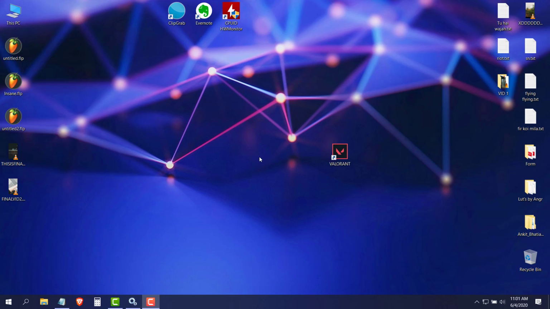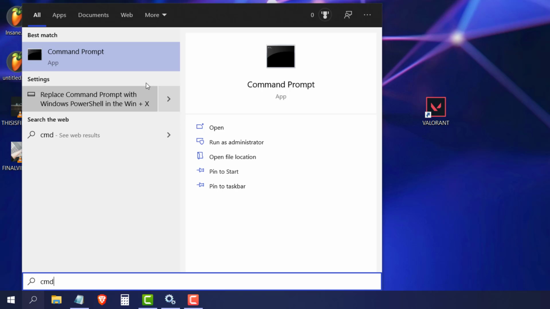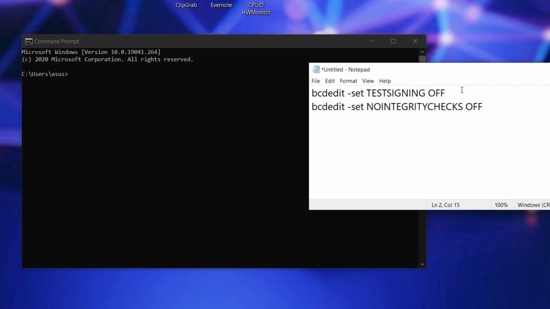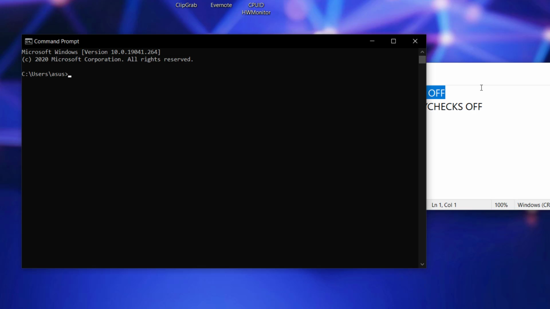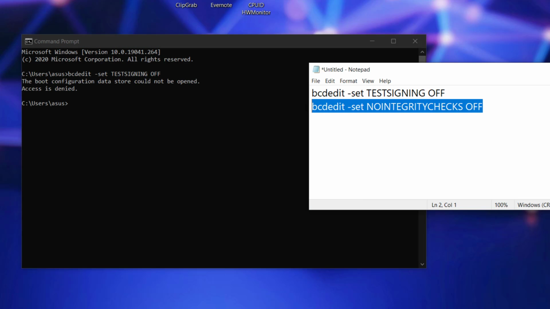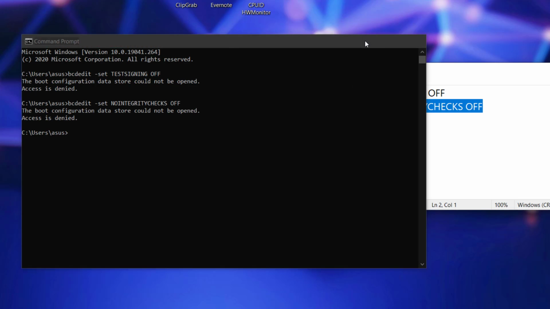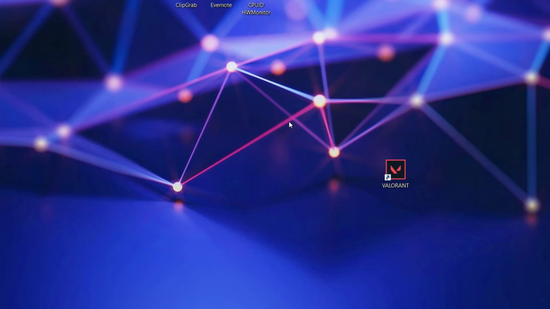For the last and final method to fix this error, what you have to do is go to the search option, type CMD to open command prompt. Now copy the commands given in the video description, copy them one by one by pressing Ctrl plus C and then pasting it in the command prompt window, Ctrl plus V, hit enter, then copy the second command, paste and hit enter. After doing that, you just have to restart your system and that should fix your Valorant Vanguard Not